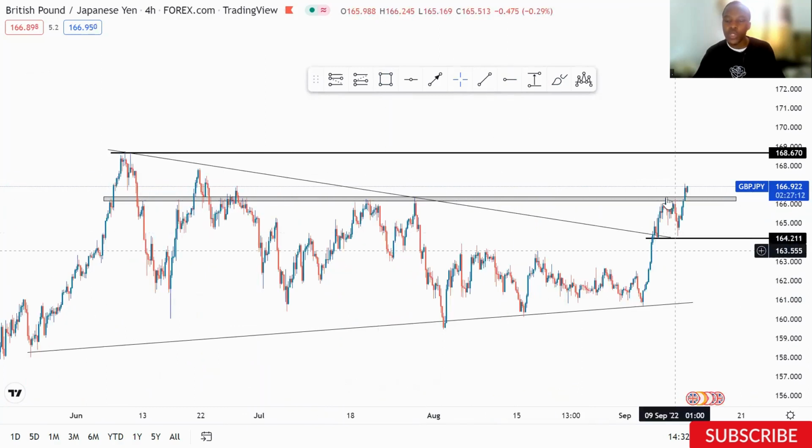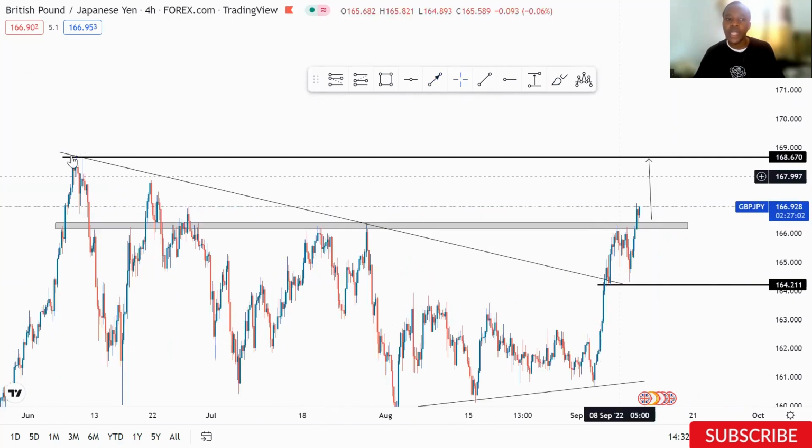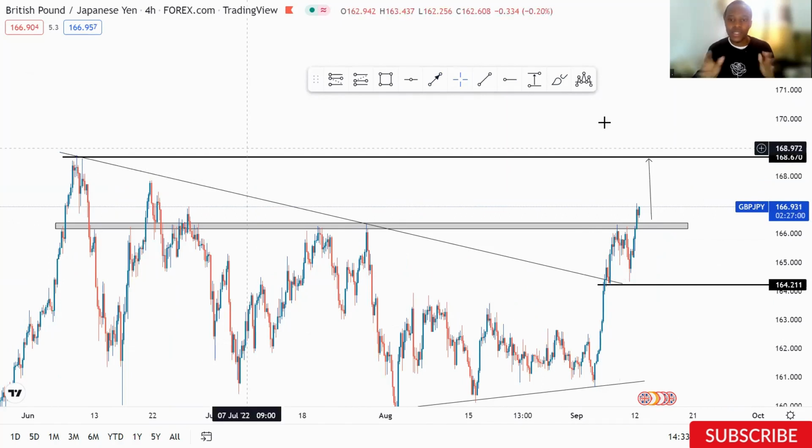It was playing along between this resistance and the support level. And then it finally broke it now. So what is it that we're expecting on GBPJPY? On GBPJPY, I'm honestly expecting continuations to the upside up until that level, because this is just as clean as